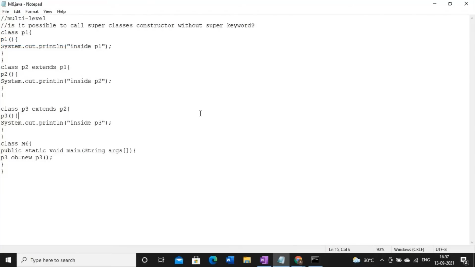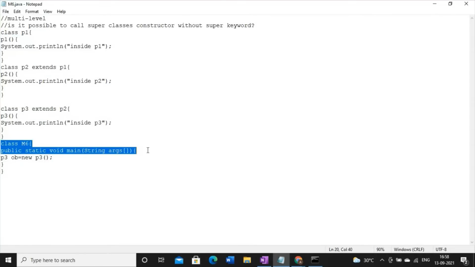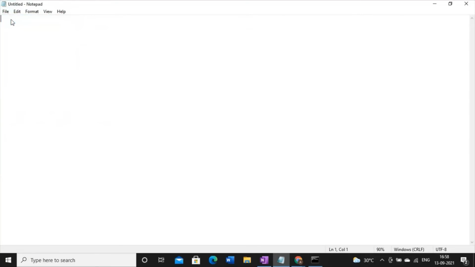Yes, it is possible in case of multi-level inheritance. In single inheritance, it also happens. So let me check this one. In case of single inheritance, let me prove this.